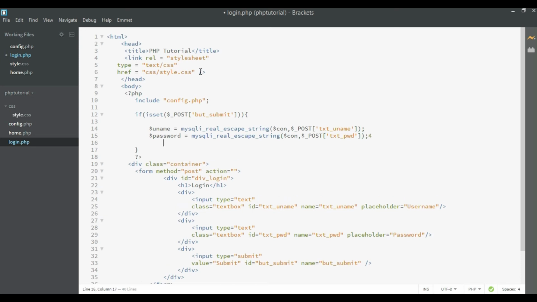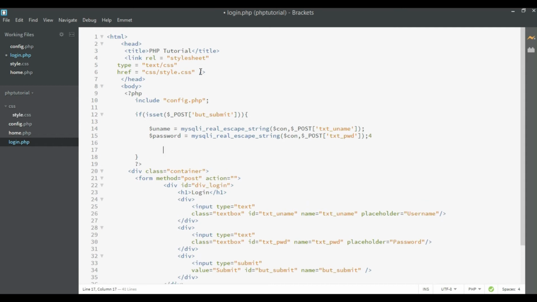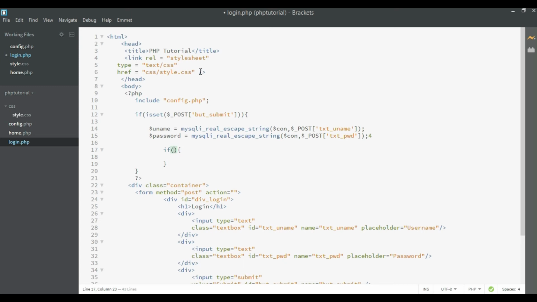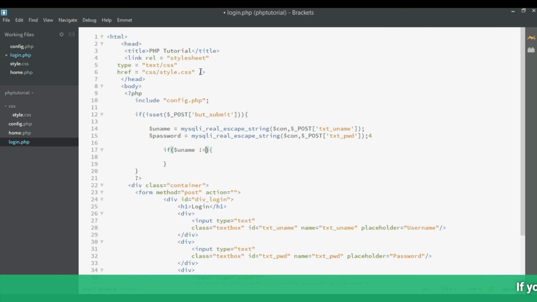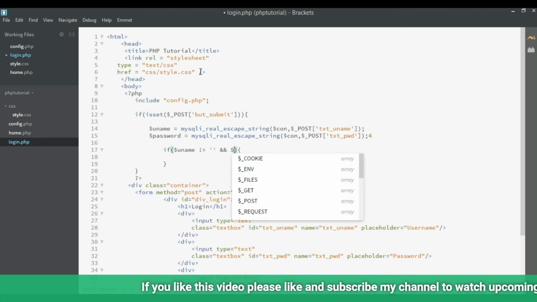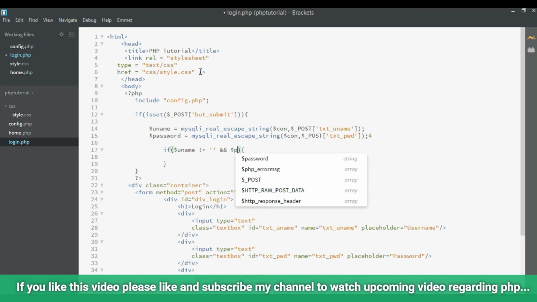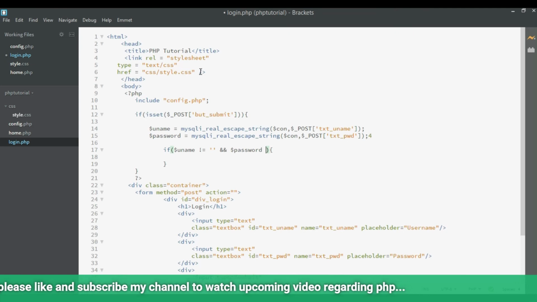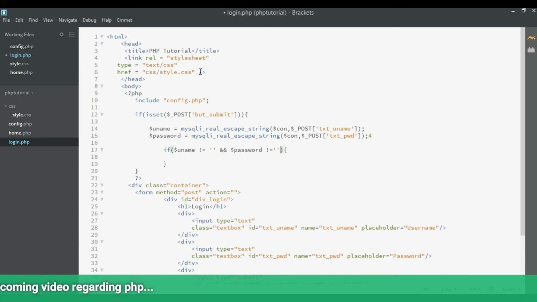password, that is PWD. Now I am adding an if statement, checking if username and password are not equal to blank. So $uname not equal to blank, and $password not equal to blank. Okay,